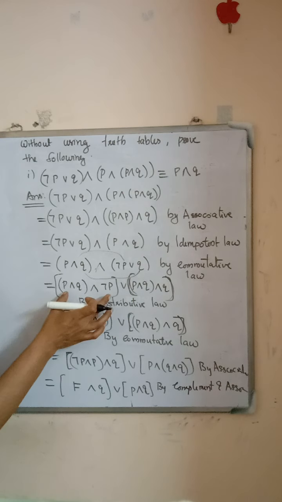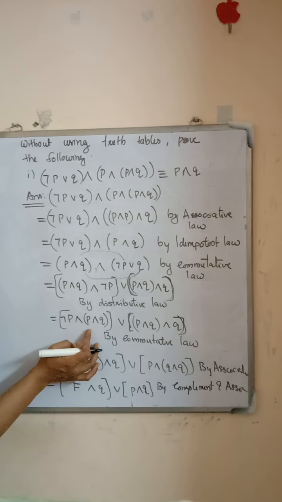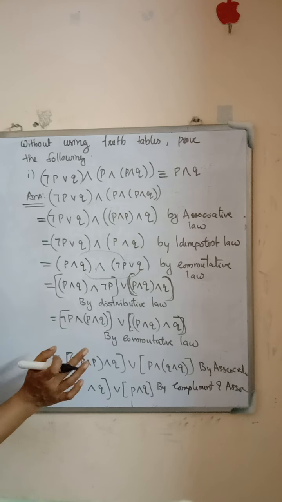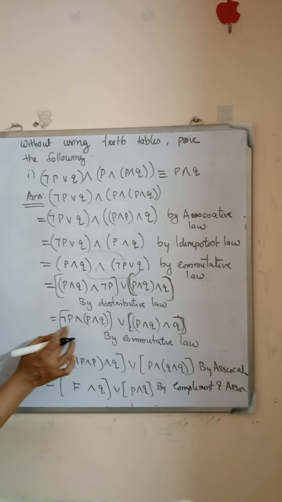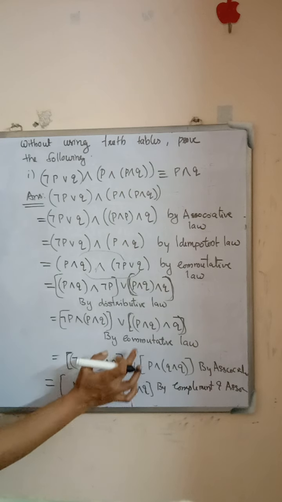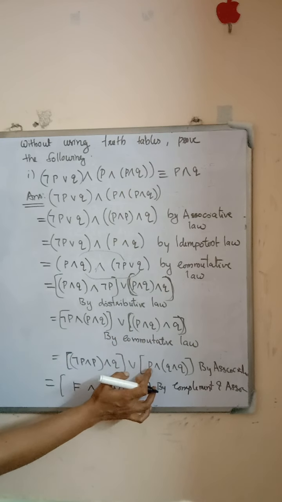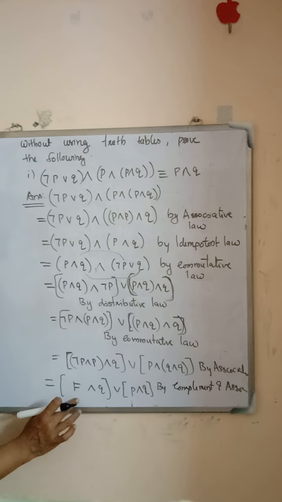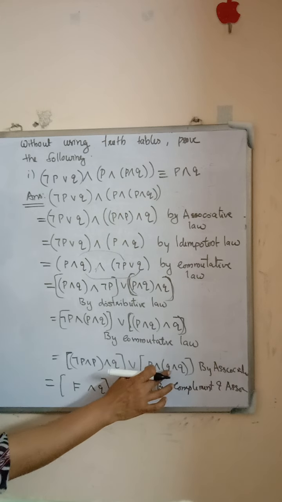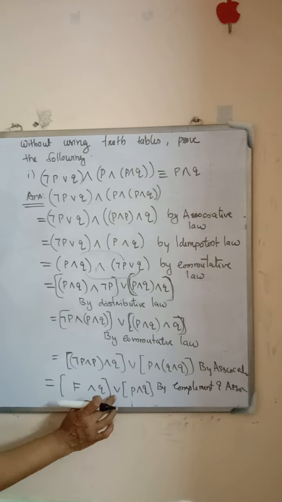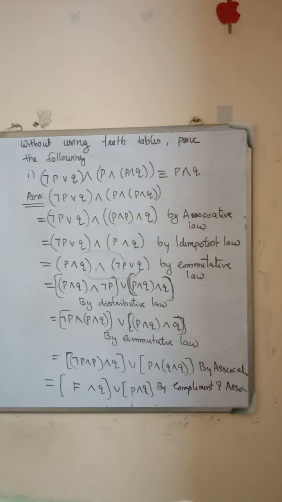Then commute the first compound proposition. That is negation P and Q, or P and Q and Q. Okay. Then using associative property here, negation P and Q, or here also use associative property, we get P and Q. We know that negation P and P is false and Q and Q is Q. So we get the statement as P and Q, or P and Q.